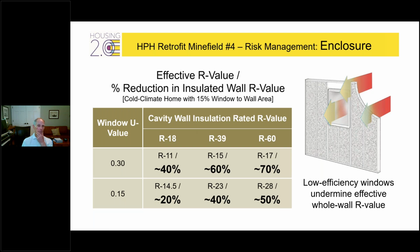So I ran some calculations just to give you a sense of how impactful windows are. I assume 15% window to wall area. That's more common for existing homes. Newer homes are closer to 20 to 25% window to wall area. So all the percentages I'm going to show you get worse when you add more window. But if I have an Energy Star window, which is a U value 0.3, and I have 3 different wall assemblies, an R18 6-inch insulated wall, an R39 13-inch insulated wall, or an R60 20-inch insulated wall,